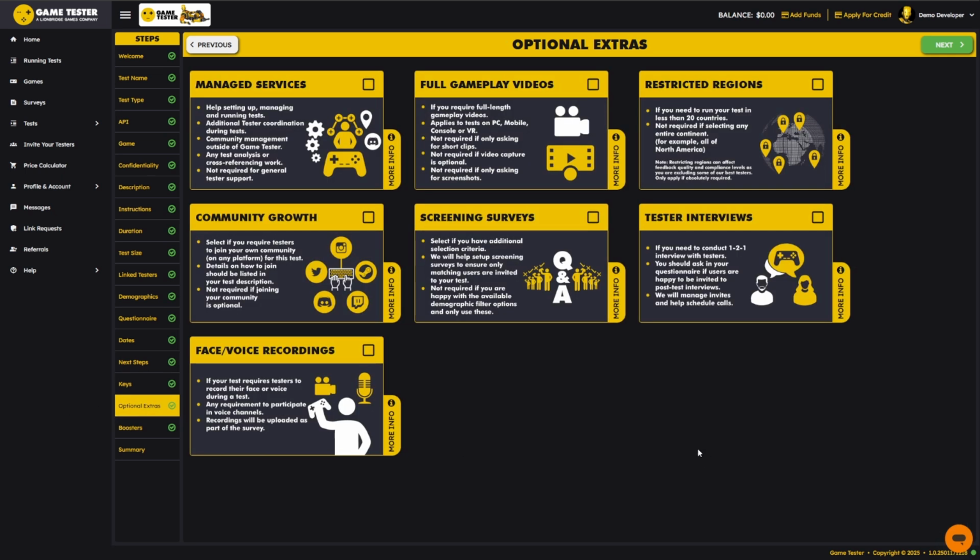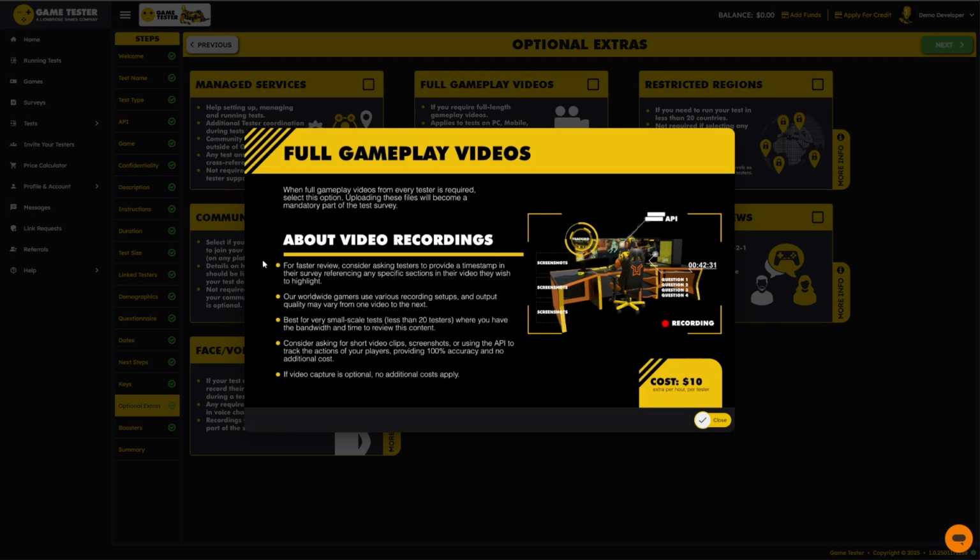And then optional extras are any extra services. Maybe you require users to record gameplay during their test. Maybe you're restricting it to a small number of regions, for example. Maybe you need to conduct interviews. Maybe you'd like us to go in and set up and manage the test for you. These are all additional services with additional costs, which you can find out by clicking this More Info button here, and you'll be able to see a more descriptive